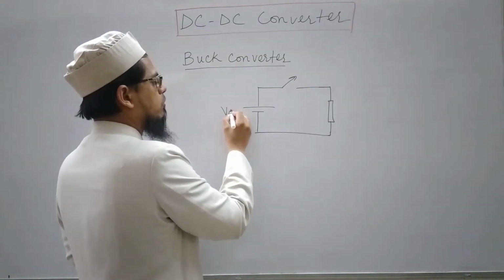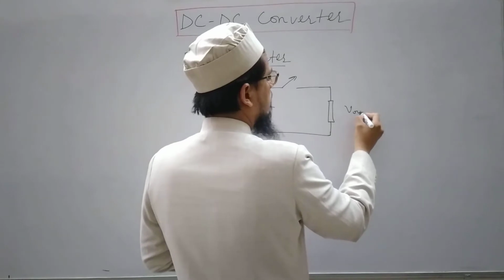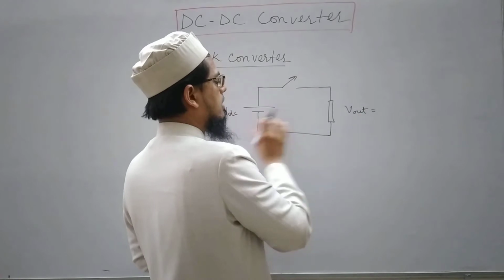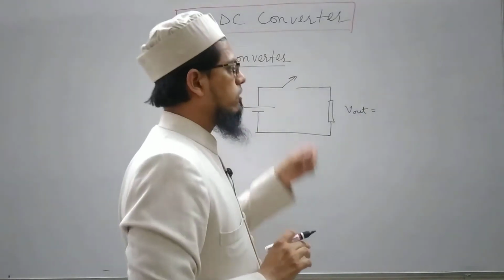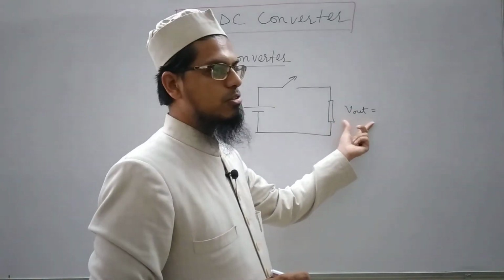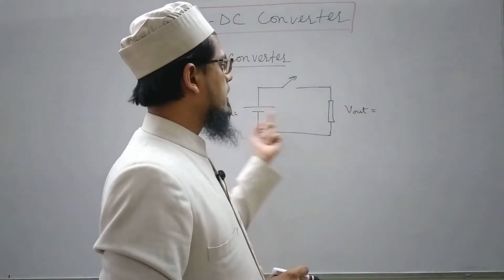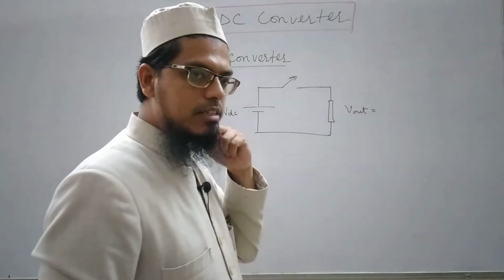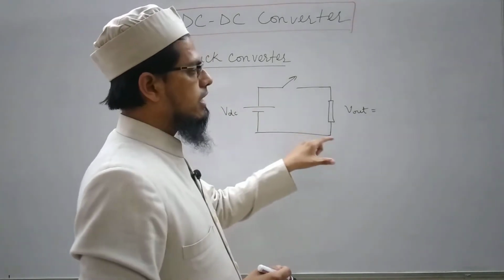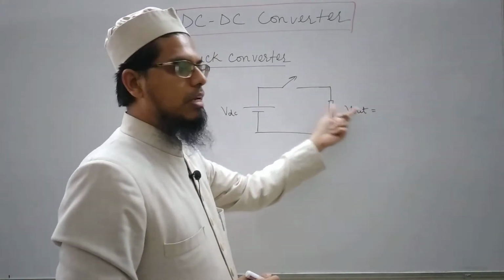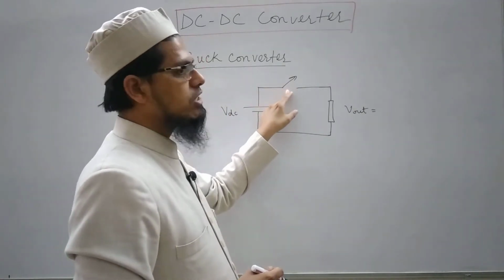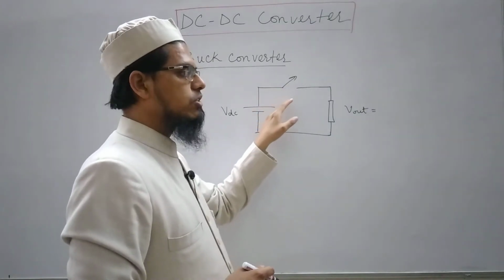So this is some input voltage VDC, and we would be getting some output voltage, and that output voltage would be less than the input voltage because of the presence of this switch. I will be obtaining an expression also, the relation between V out and VDC, after some time. But it is quite clear here that the output voltage would be less than the input voltage, because for some of the time the switch is on and for the rest of the time the switch is off.